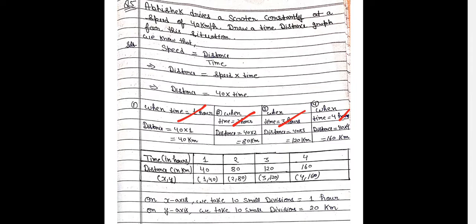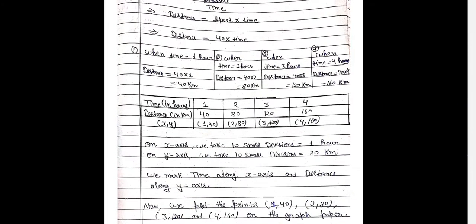You can take any values by yourself if you want. You can take 4 values, 5 values, 10 values. Now, simply, I am taking 4 values, normally 1, 2, 3, 4. If you want, you can take 1 and then 5 and then 15, whatever you want. If you take more values, then the graph will have more points, so it is difficult to plot them. So just take normal values 1, 2, 3, 4.